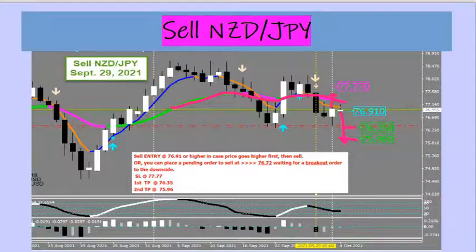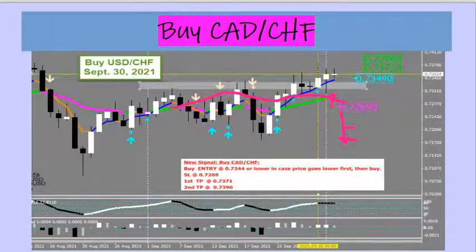And finally, we're going to go to our last trade of the week. It was issued on September the 30th, guys, and take a look. It was a buy cat Swiss franc, so we got in here at the entry signal. I gave you 0.7344. Okay, so we got in right there at the close of this white candle. I did give you the stop loss. And again, as a reminder, you have to put in your stop loss immediately when you get into a trade. That is one of the hard and fast rules. And also get in the habit of putting in at least your first take profit level. In this case,